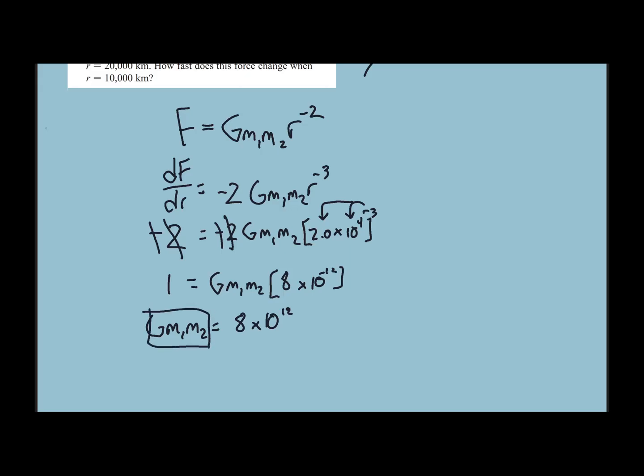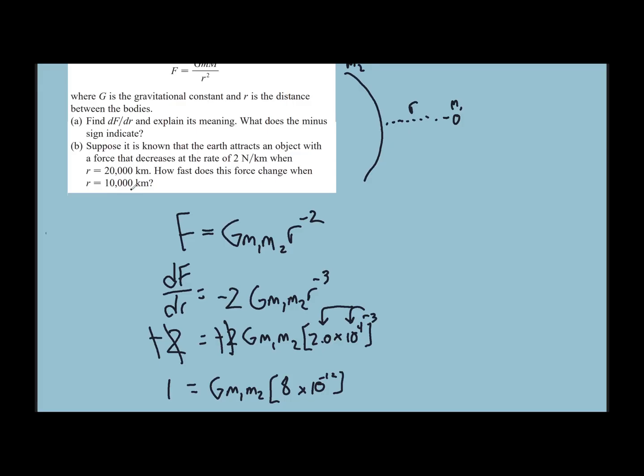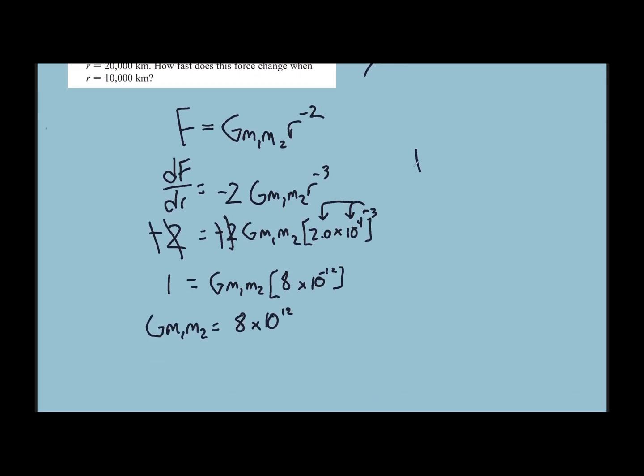And what we're going to do is we're going to hang on to this truth because they want us to find how fast this force changes at a different radius. Are you going to guess where we're going from here? Let's write our formula. dF/dr, that's what they're asking you to find now, so we should know the rest. Negative 2, and then G m1 m2, we know what that is. That's 8 times 10 to the 12th times the new distance up here. That's 1 times 10 to the 4th to the negative 3. And that is going to make 10 to the negative 12th, so that would cross that out. And you're going to get dF/dr equals negative 16